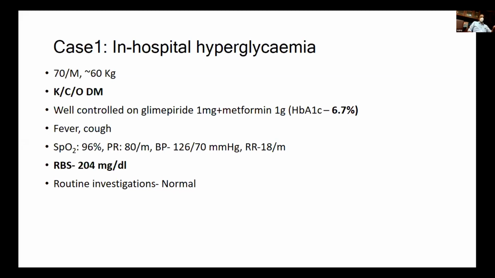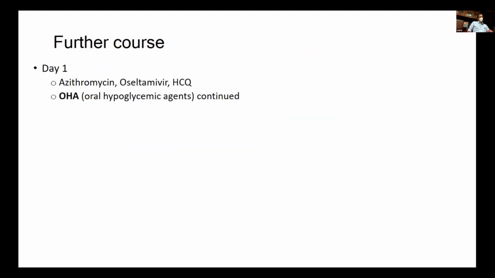So he had normal vitals. He was maintaining saturation. On day of admission, his RBS was normal. There was no vomiting, no renal dysfunction, no liver dysfunction, no cardiac dysfunction. So what we did, the RBS of 204, that is optimal, okay. So what we did,